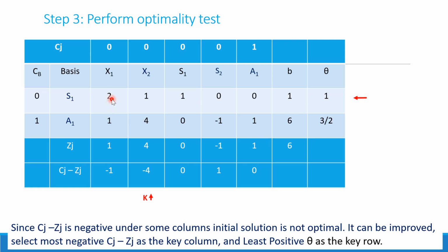So here it will become, you are doing A1 minus 4 S1, right? So this will be 1 minus 8, so here it will be -7. So 0 minus 4, it will make it -4. This will be -1, 0, so it will be -1 as it is. Here it will be 1 as it is. Here it will become 6 minus 4, so it will be +2. So this is the first initial basic feasible solution for phase 1.